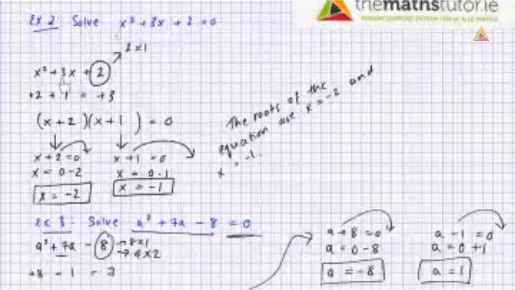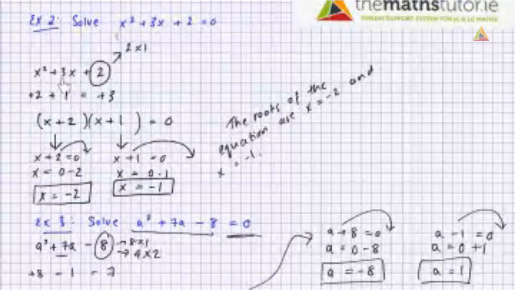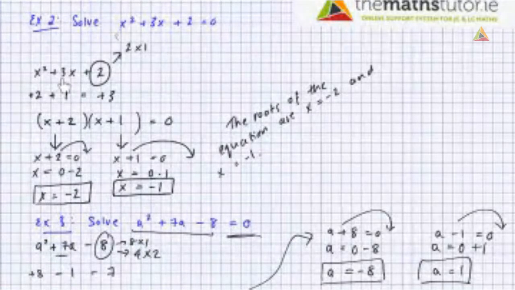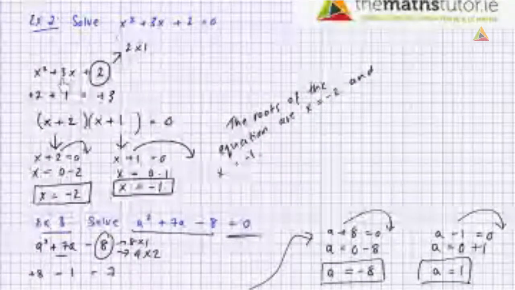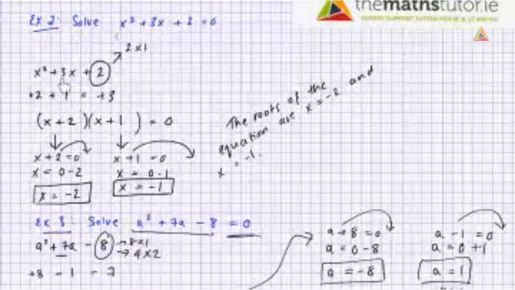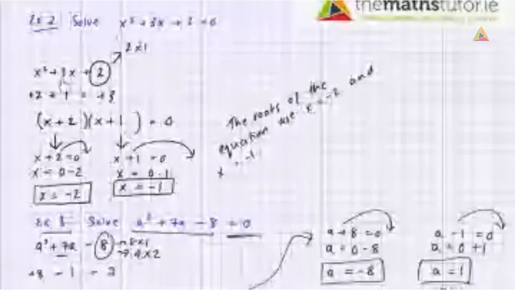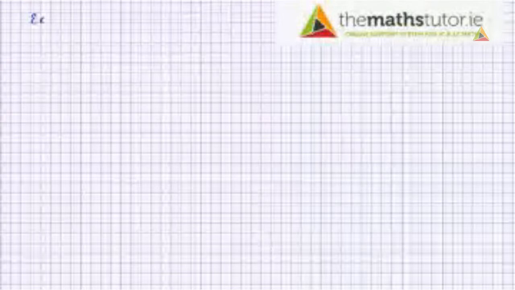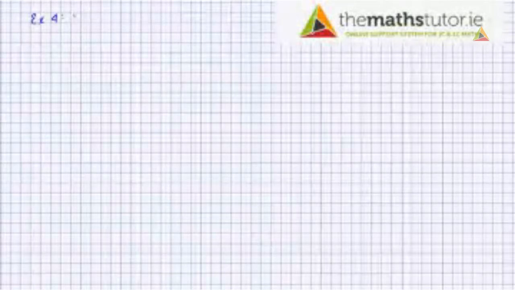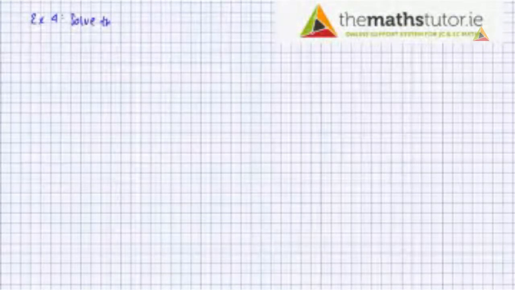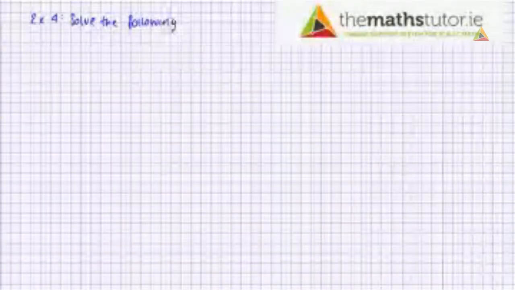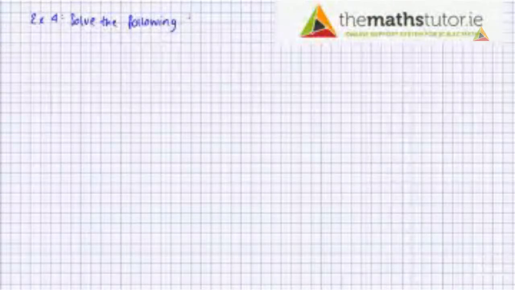So that's the solutions then for example 3. And we'd write in there as well that the roots of the equation are a equals minus 8 and a equals 1. Okay, so we're moving on to example 4 now. And example 4 is to solve the following equation. And it's 3a squared